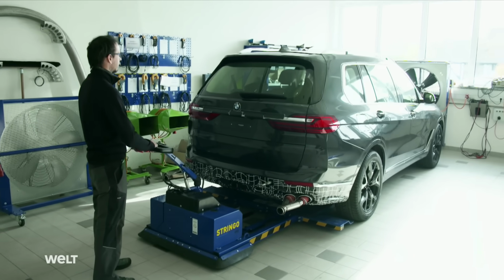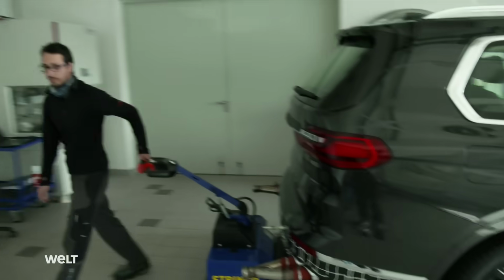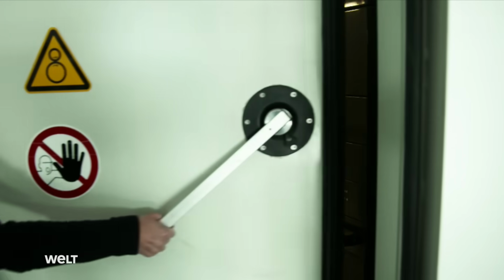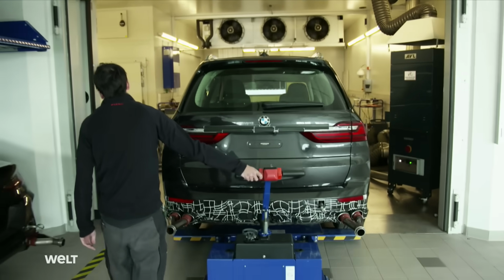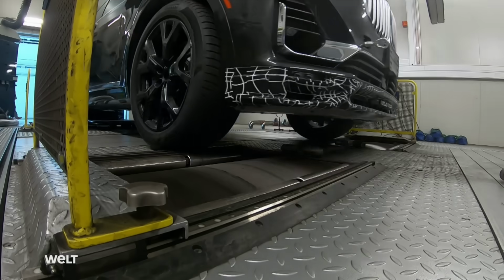According to law, the engine is not permitted to run before the test. That's why the 2.6-ton race car is delivered to the windowless hall on an electric forklift. The hermetically sealed test stand chamber is climate-controlled. That means all cars tested here can even provide the documentation required to register in a desert nation, right in